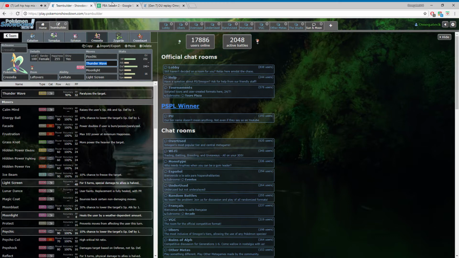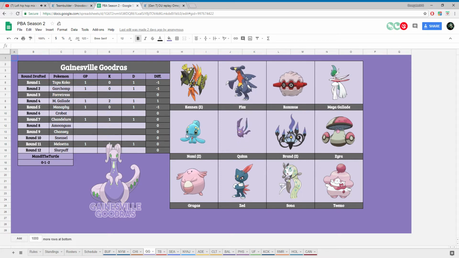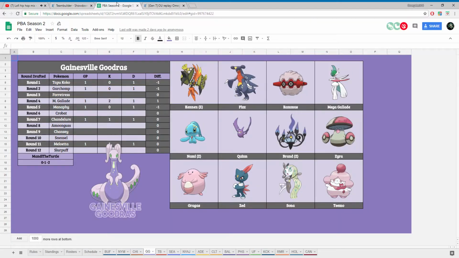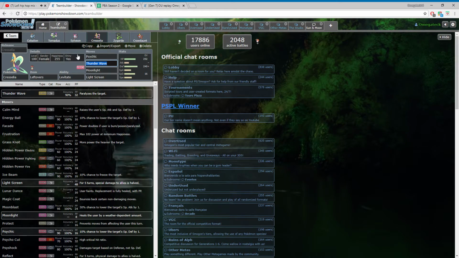Cresselia is my dedicated wall to all of these monsters. It takes Koko's hits comfortably well. Takes Manaphy's hits comfortably well, unless it's Tail Glow, which I have the Thunder Wave for in case she starts setting up on me. It can slow down the Crobat, slow down the Manaphy, even slow down the Sneasel and the Mega Glalie. And the Light Screen is here because for some of these mons, if, let's say, Tail Glow Manaphy comes in, I get a +3, and I have the Light Screen up,